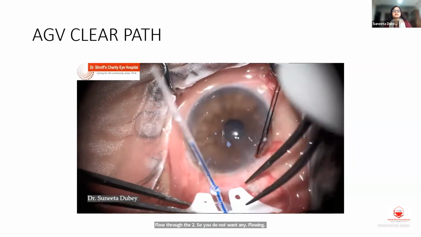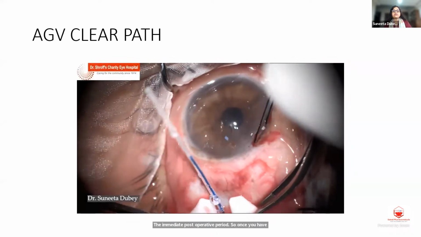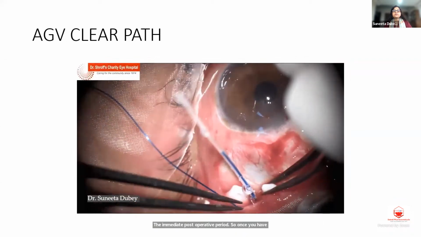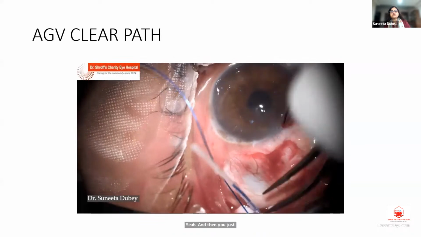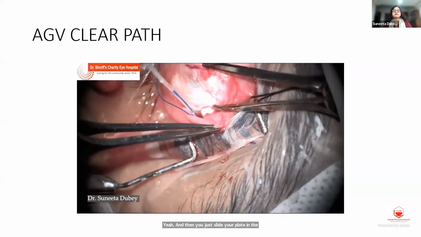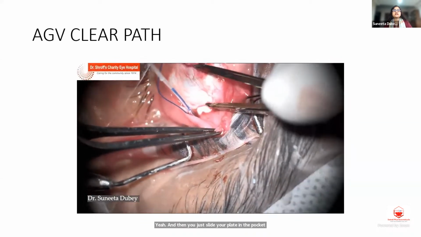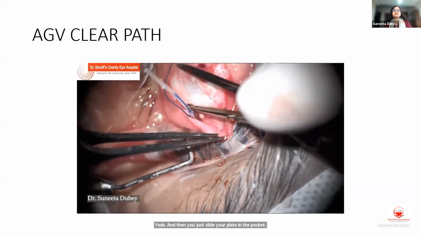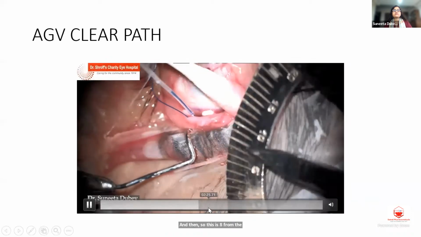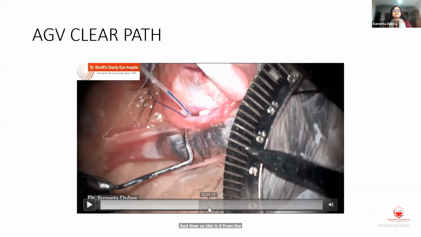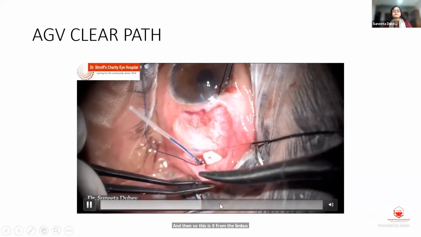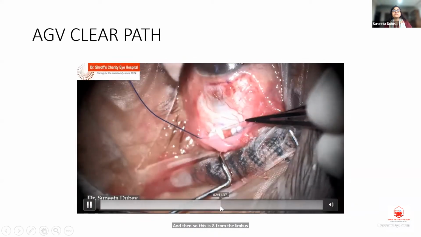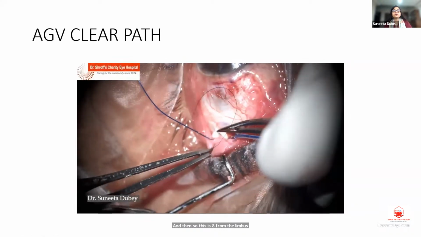Once you have done it, the design, as you can see, is slightly different here. And then you just slide your plate in the pocket. This is 8 millimeter from the limbus. Once you have tied the plate onto the sclera,